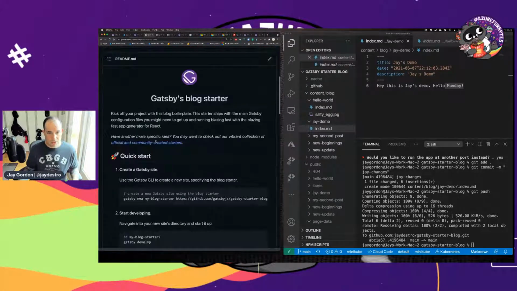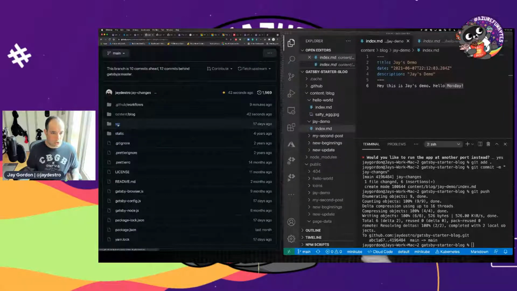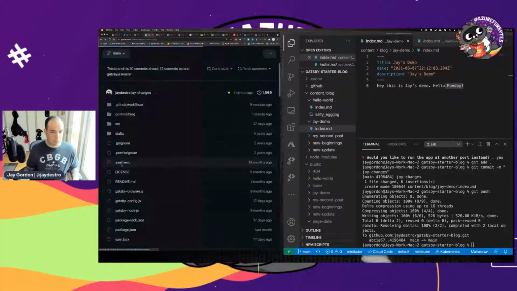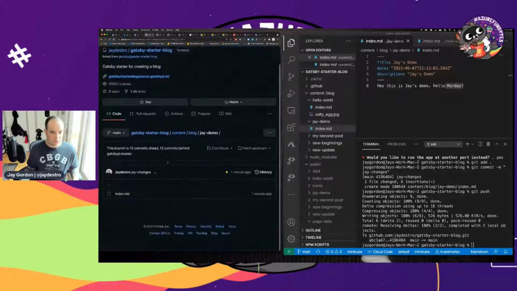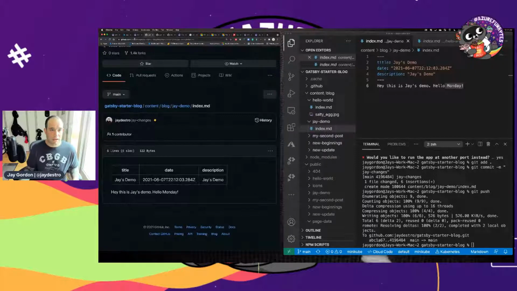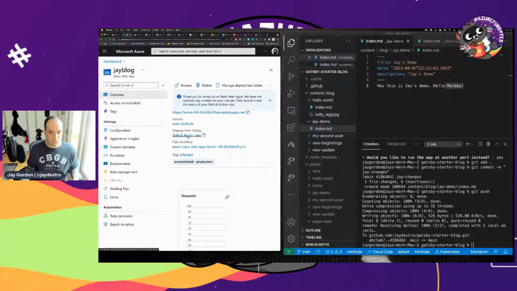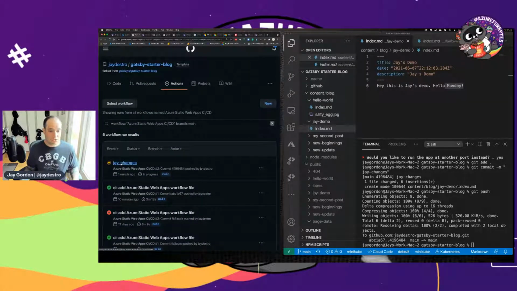That's my mistake. And so let's go here and view the code. And if we go to source, actually, excuse me, we go to blog, we go to JDemo, you'll see within here, I've committed that change, Hello Monday. So now let's go back to GitHub Actions. So if we go to the GitHub Actions runs, we'll see here J changes. As soon as we pushed to the main branch,